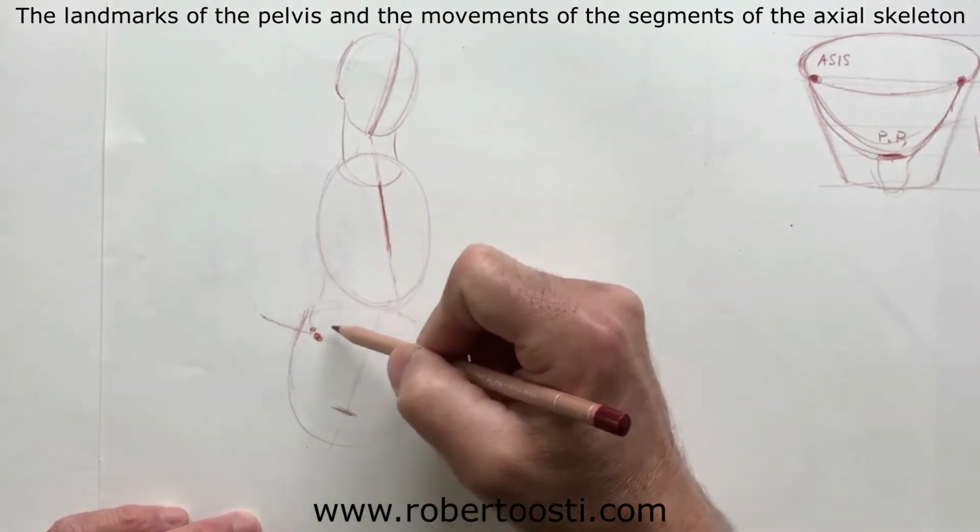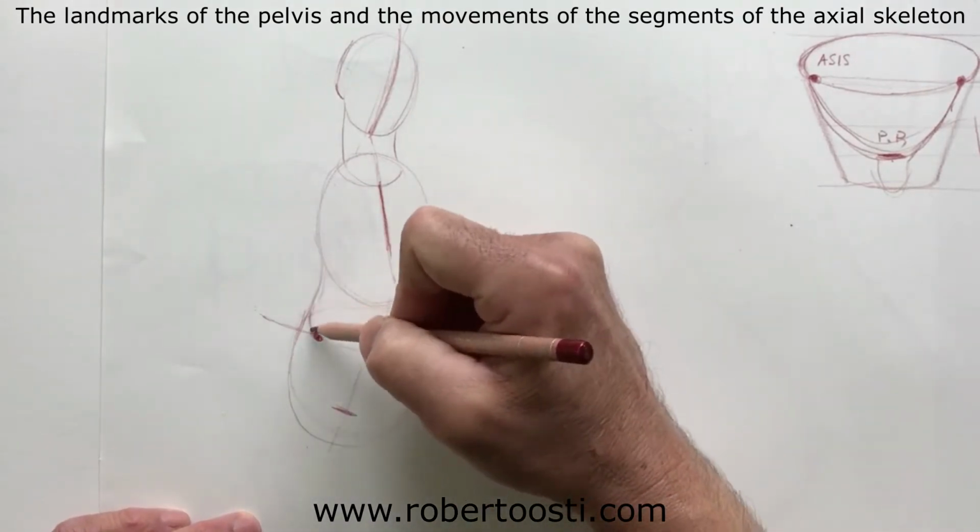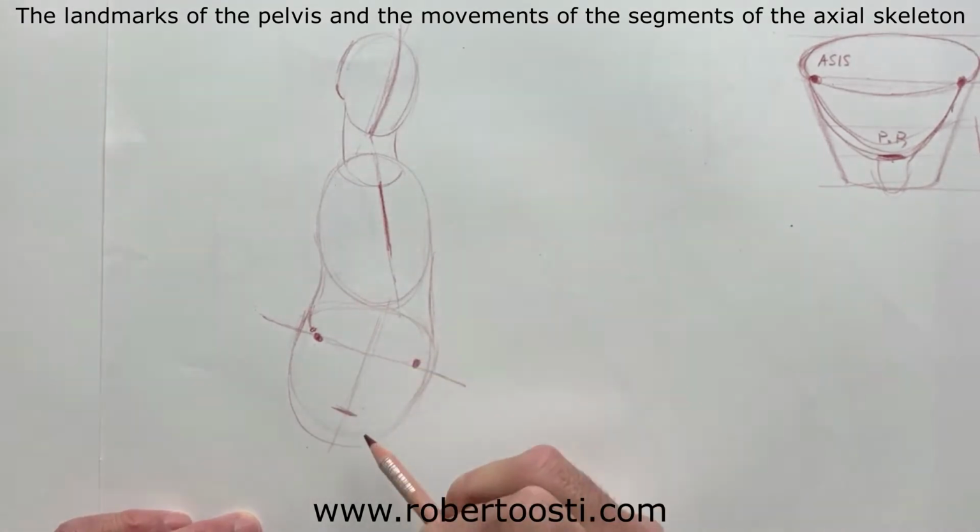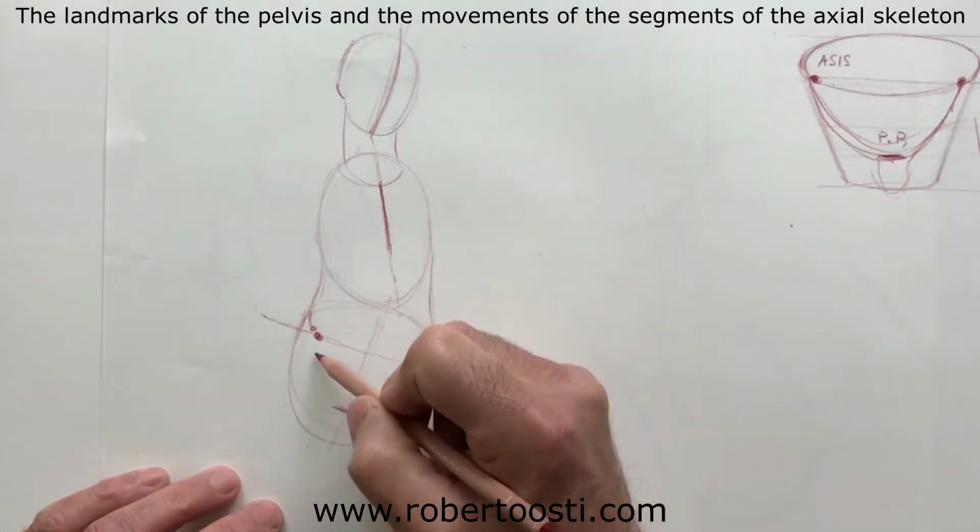you see how this is a woman, no? Because clearly she has wider hips, wider than the rib cage. So